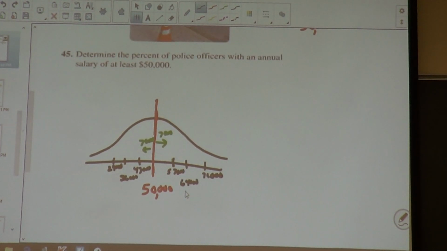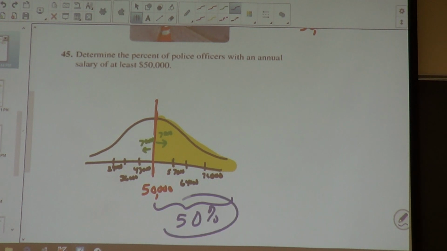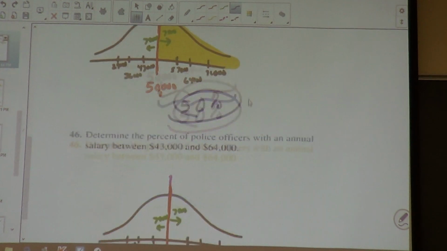So this says at least $50,000. So if you have at least $50 in your pocket, that means you have 50,000 or more. So I want to know what percent are we talking about? 50%, because we're talking about half the curve. So the answer to the first one is 50%. Now, for the second one,